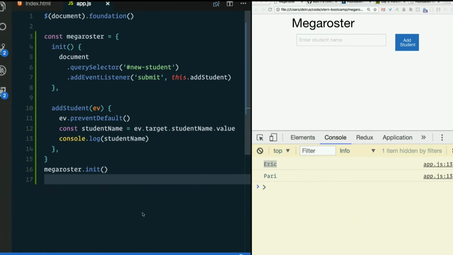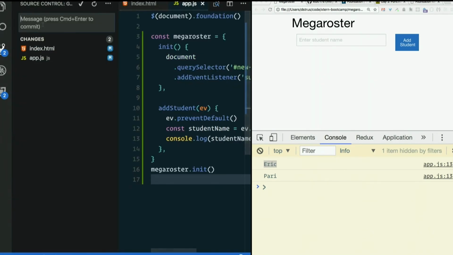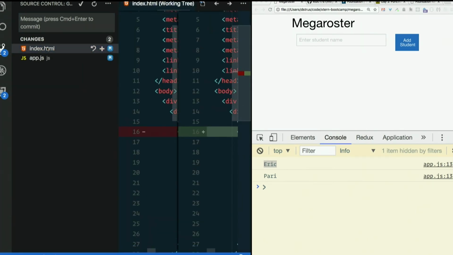Even though it doesn't really do anything yet, we did quite a bit of wiring things up here, so I'm going to go ahead and make a commit. Here are my changes. What did I change in the HTML since last time? I don't remember changing anything. I do, but I want to show you this. So you can see the diff. In other words, what changed since the previous commit? Let's click on that, and it'll open